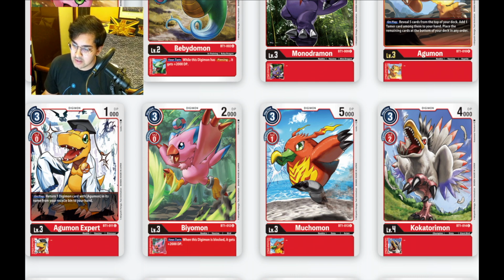So here, first we got Kokatorimon. This is 3 cost to play, but 2 to evolve, 4000 DP. So obviously, playing it for 3 is quite good. Unfortunately, in my experience, the amount of times you're going to be able to play this for 3 and then immediately evolve it up to a 4, so not be left with a really crappy body on board,